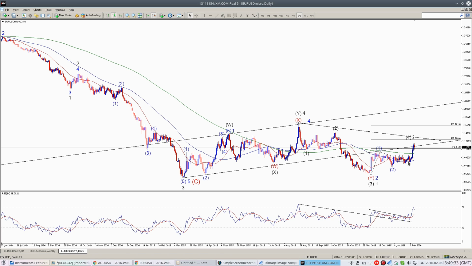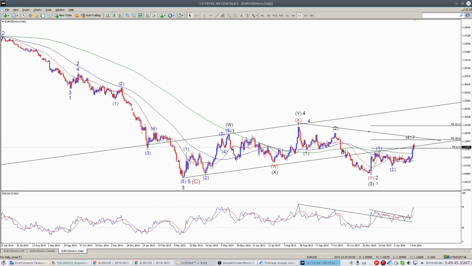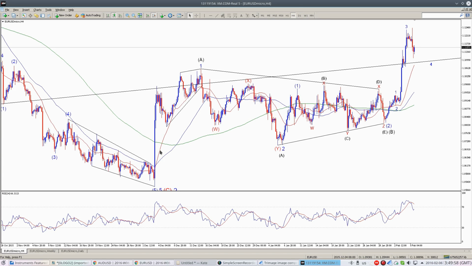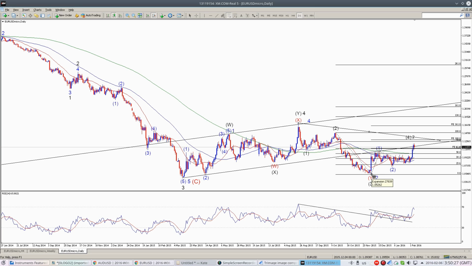this correction here, this range, if we count it as a triangle, we cannot have a triangle in wave 2, and thus this scenario of wave 1 and 2 becomes less probable, because in order to allow for a wave 2 here, we will have to count this correction here as wave 1, wave 2, wave 1, and then wave 2, which means that prices will have to move to much higher levels than this in order to complete all the subwaves, and in this case prices will retrace very deeply this move here,